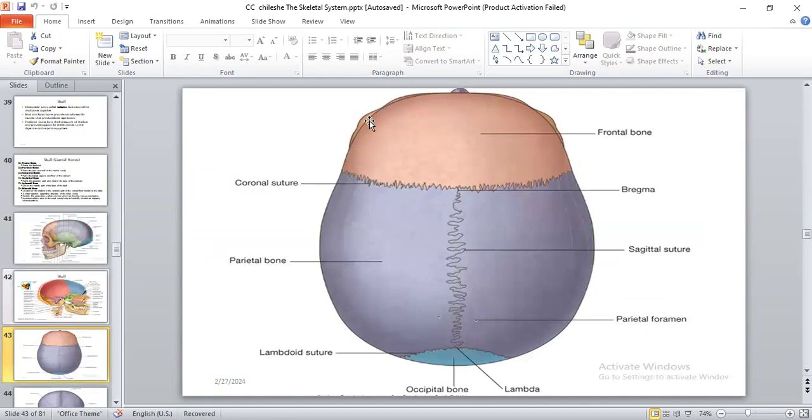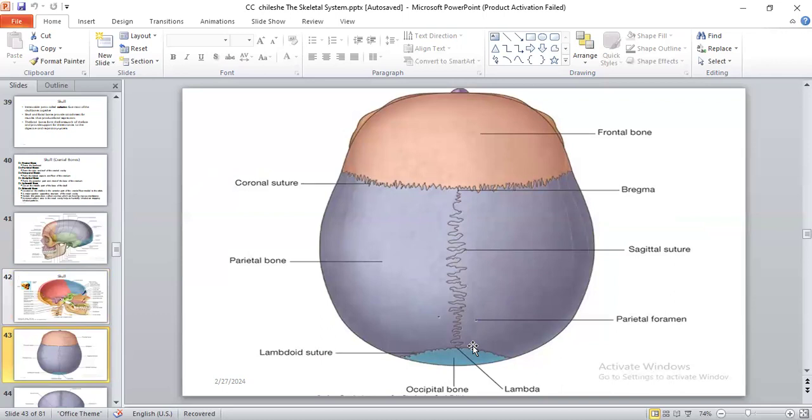So the suture that joins the frontal bone to the two parietal bones is called the coronal suture. And then we have this suture here, which articulates the two parietal bones. This is known as the sagittal suture, named according to